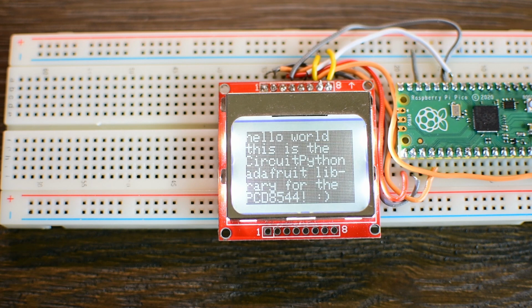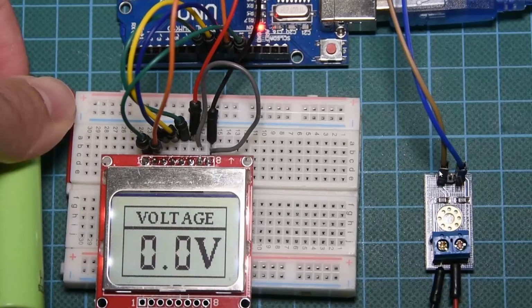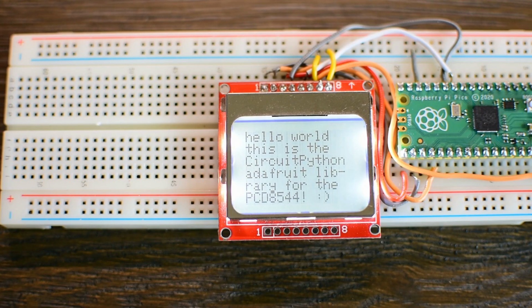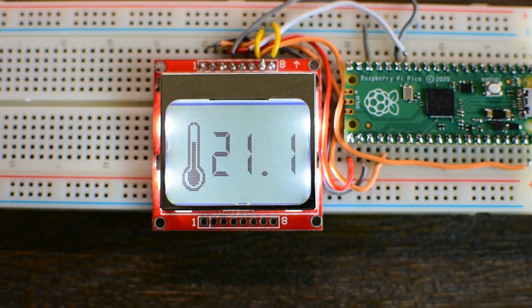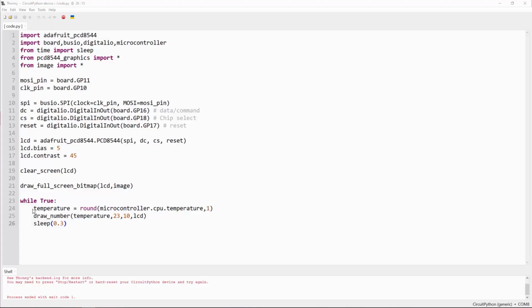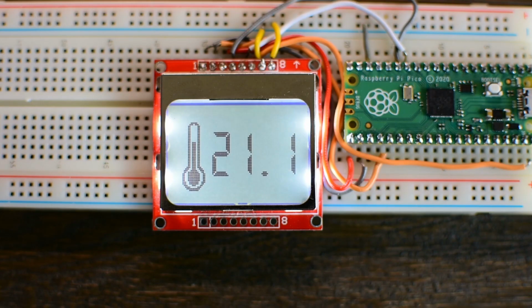As you can see, the text which is displayed is small. I needed a bigger font size, like the one I used in my Arduino projects. Unfortunately, a font like this is not available, so I created my own from scratch and I developed this simple thermometer project. This project does not require an external temperature sensor since it uses the temperature sensor that exists on the Raspberry Pi Pico board. The temperature sensor is not very accurate, but this project is just a demonstration. As you can see, the temperature is displayed using a big font and a thermometer icon is displayed next to it. Cool, we now have a big font available.